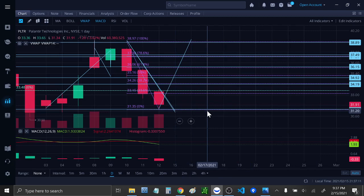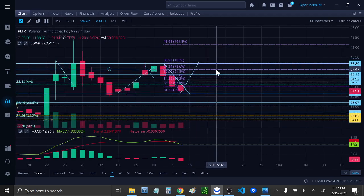Some are expecting around a mid to around $35, $36 target range. So I'm looking at possibly that going all the way up to like 38, following its previous trend, right? But we do know that the overall sentiment is going to be very positive. They've got quite a bit of contracts to show, which we'll go over once we go over this technical